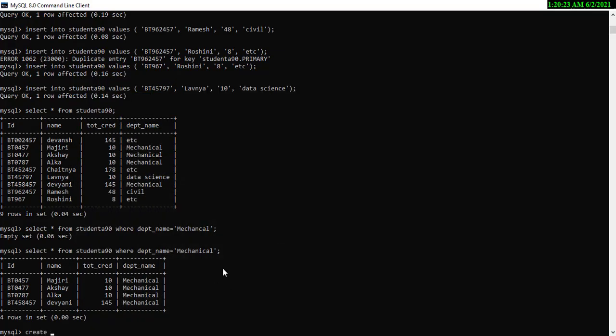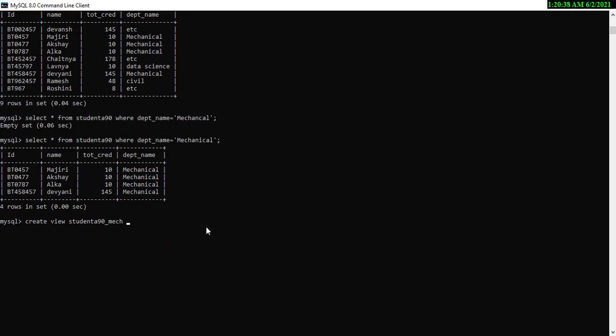Create view name. So I am creating student A90 mech. This is the view that I wish to create. So just like a table name, I can code the view name in this query.